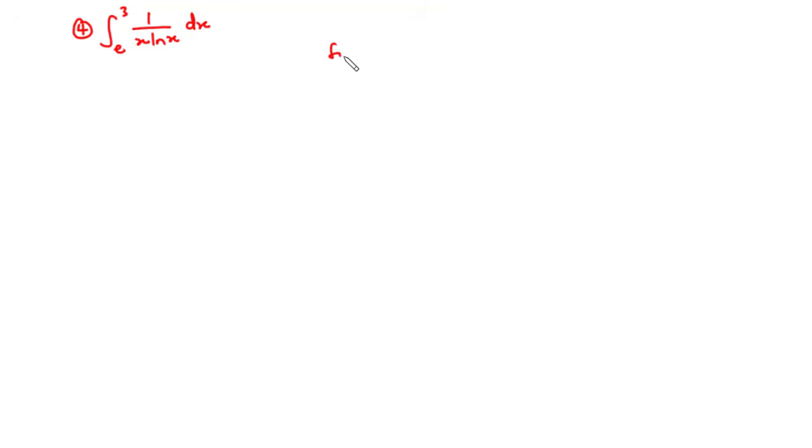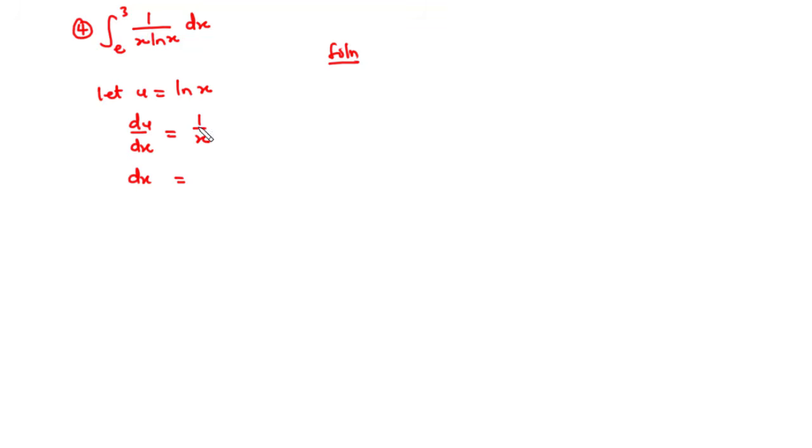So as usual, focusing on the denominator, let us make u be equal to ln of x. Therefore, we have du over dx to be equal to 1 over x, and thus dx is simply equal to,